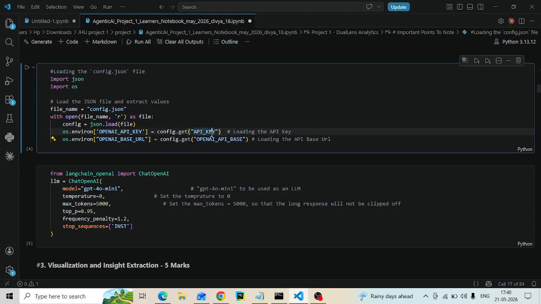For that you have to go to the OpenAI website, get the subscription, and they will provide you the keys. Using that you can connect with OpenAI and get the connection done, right? So what you are doing here, you are going to the config file. Config.json is the file where I have kept my keys, and from there I am loading the details into